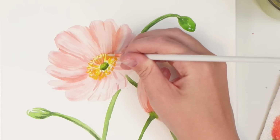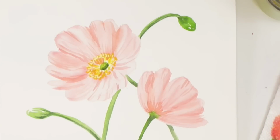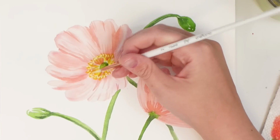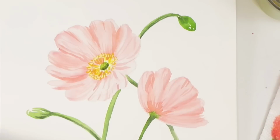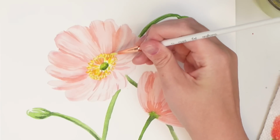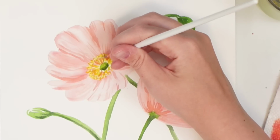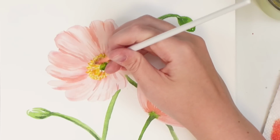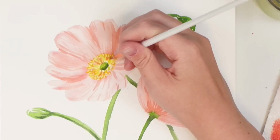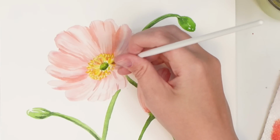And I'm just doing these little dots that are all over the place here. And I can grab just yellow on its own, a little bit of lemon yellow. It's kind of in between. Might grab a bit more, some lines. And then where there's more of a white area, I'm gonna grab my peach color and do some lines